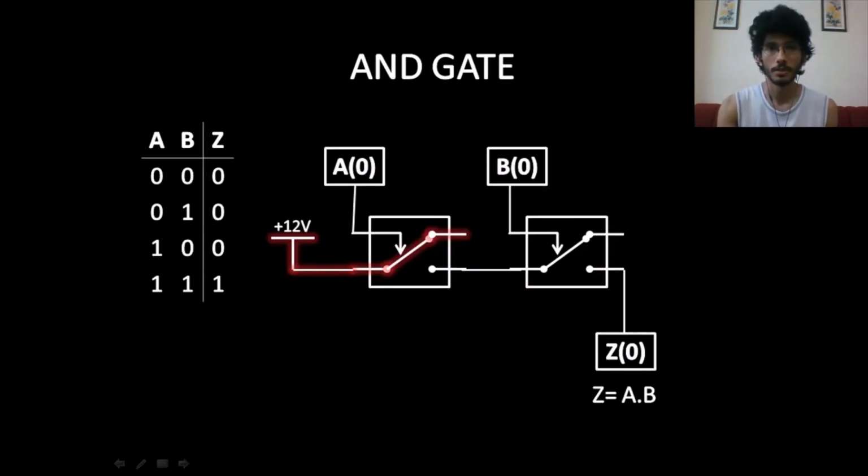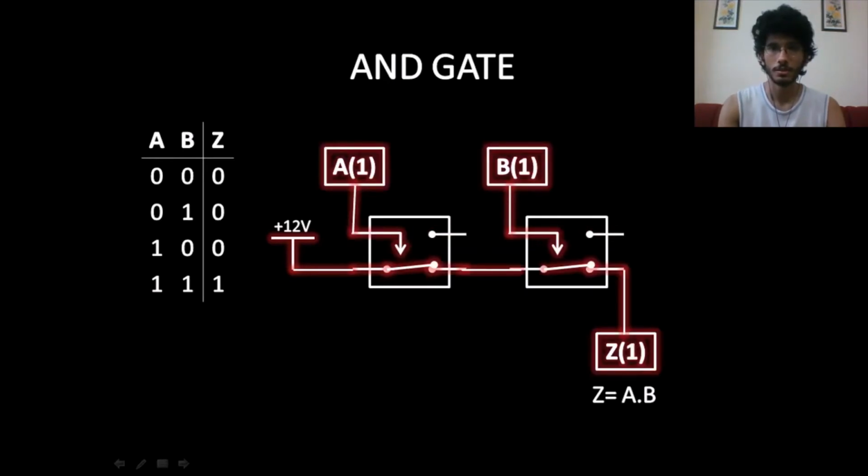If you were to implement it using relays, this is what it would look like. You can connect 2 relays in series, and the idea is that the output is going to get connected to 12 volts only if both the relays have been switched on. So this is how it would look. Now the equation is simple. Z equals A dot B, and I believe dot simply because it looks like multiplying two numbers. Not exactly, but kind of looks like multiplication, doesn't it?